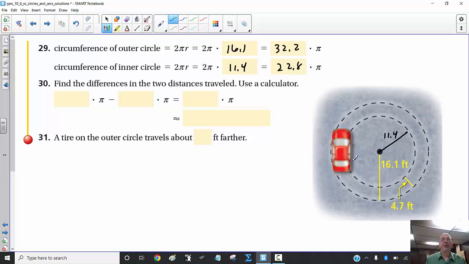Find the difference between the two. Well, we put our values in there. That's going to be 32.2 pi minus 22.8 pi, which is going to give us 9.4 pi. And if you put in 3.14, you'll approximate, then you're going to get 29.516 feet. So the tire on the outside travels about 30 feet further,